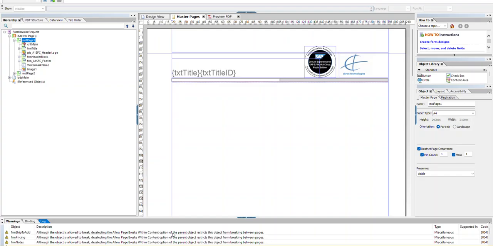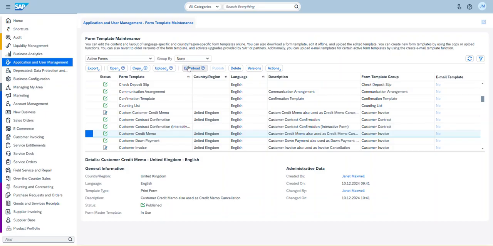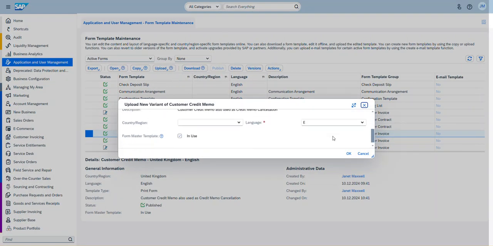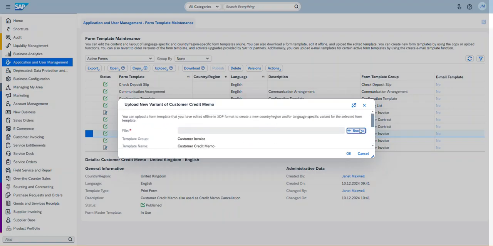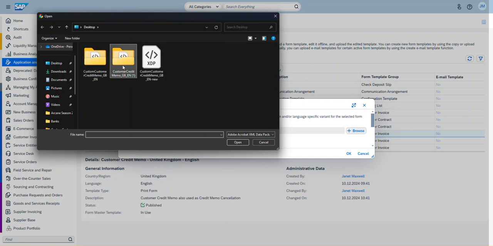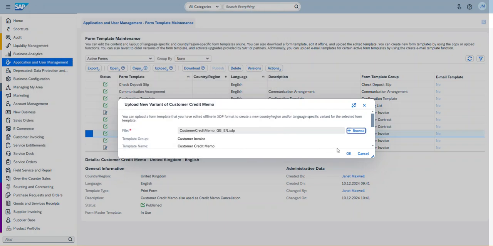So I'm switching back to the SAP Business by Design application to upload. On SAP Business by Design, you can use the upload button to upload the template as a new variant, which I'm going to do. I'm just going to use another country. Let me choose Nigeria. I'm going to select English as the default language, and here I'm going to upload the template. So if I click open, click OK,